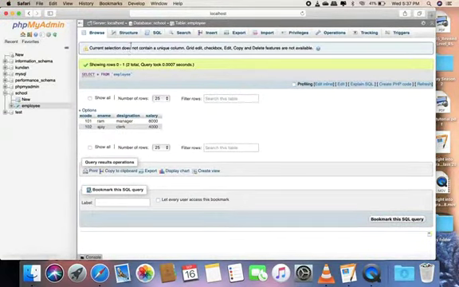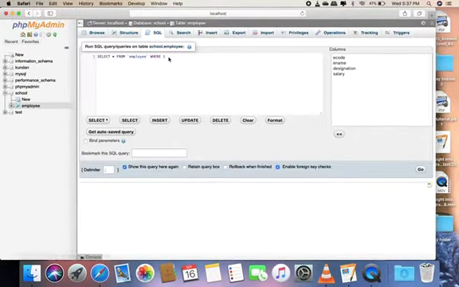We insert another record: insert into employee values, and 103, name is Vijay and designation is clerk, and we don't want to enter salary. At that time we cannot leave this field, we have to write null here.